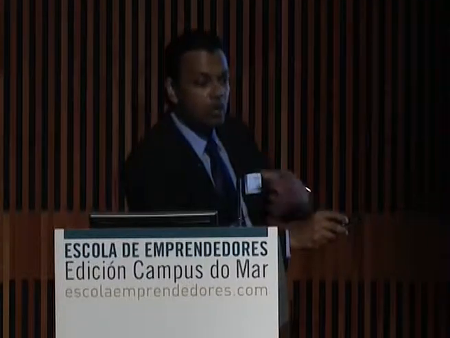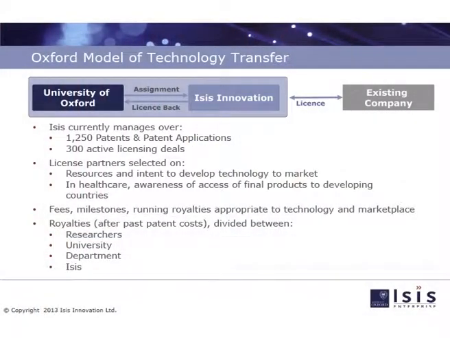Assign means Oxford gives it to ICIS. So when they give it, Oxford is not the owner anymore. ICIS is the owner of IP. Right? If you have a look at all the patent applications that we have filed anywhere in the world, ICIS is the applicant, not University of Oxford. Okay? So university transfers the IP to ICIS Innovation,